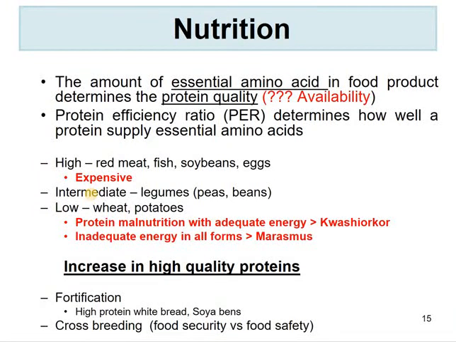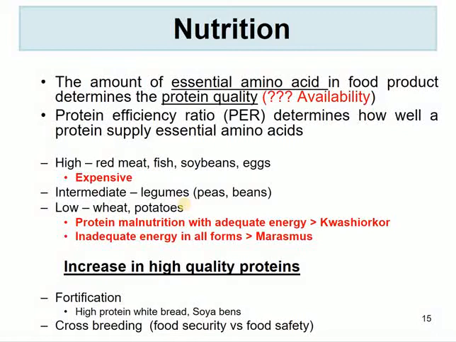we call the high protein quality products, intermediate, and the low. So the high, as you can see, are your red meat, your fish, soybeans, and eggs. However, those ones are very expensive. You get the intermediate, the legumes, and then the low, which are your wheat and potatoes. And just looking at the wheat and potatoes, that is actually the staple diet of most human beings. So it means most of the population, especially here in South Africa, are actually consuming low protein quality